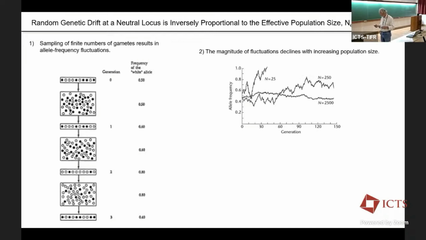And what's important to realize is this process occurs in all populations of all sizes. It's just that the magnitude of the fluctuations is inversely related to population size. So here we're looking at, again, starting at an allele frequency of 0.5, just the trajectory of the allele frequency in one of the populations, with a population size of 25. And eventually this goes to 1. We call that fixation of the mutant allele. And if it's neutral, it could have just as easily drifted down in the opposite direction and been lost.